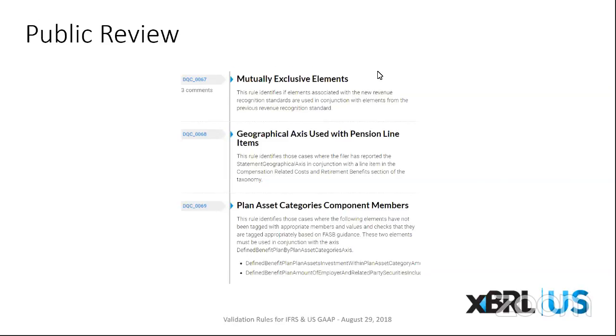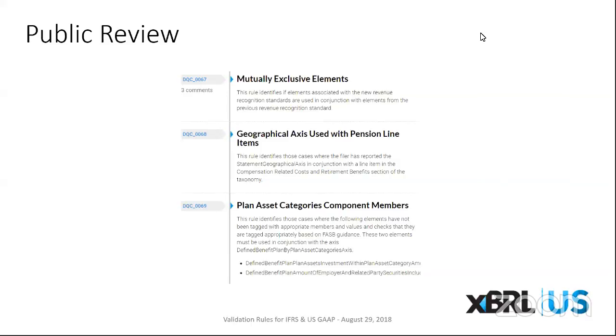So this rule's checking for that. The next one, another pension rule, Rule 69, is basically plan asset categories, component members. What this is doing is checking with the FASB guidance. This is a little bit complicated, but there are a lot of examples in the FASB guide, and this is really where